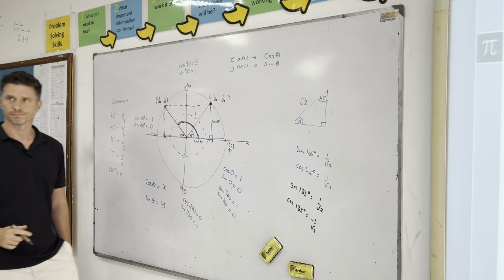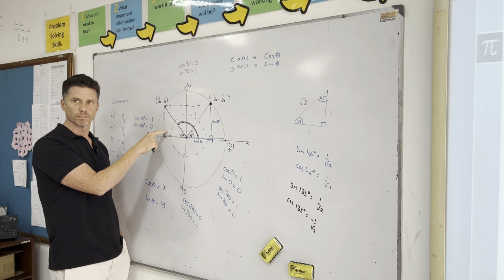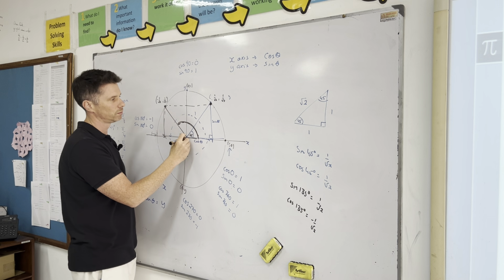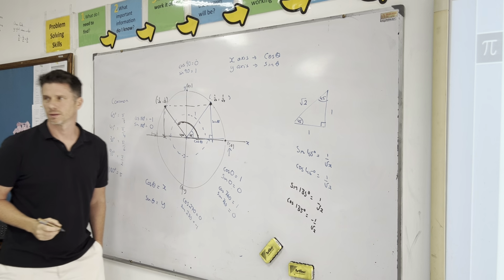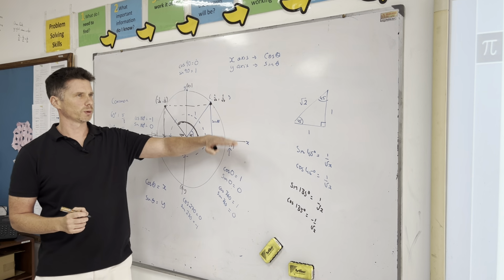Why don't we start there? Why don't we start on a different axis? Why do we start here? No, like on the other side, why don't we start on the right side? The reason is actually to do with complex numbers, but we won't get there yet. Take it for now that we always start with the positive x-axis, and in complex numbers, that will be the real axis. And then we go this way because